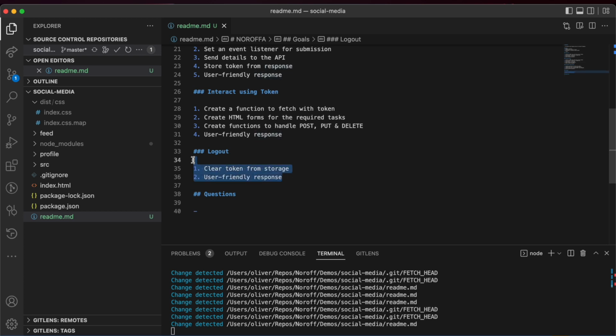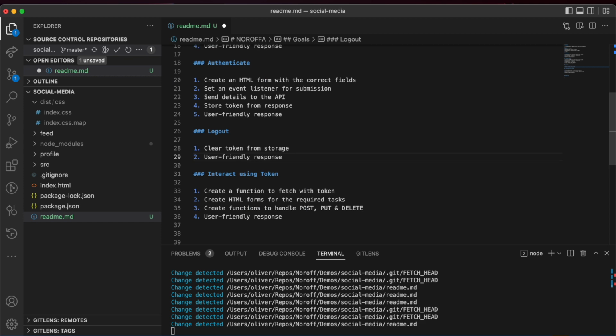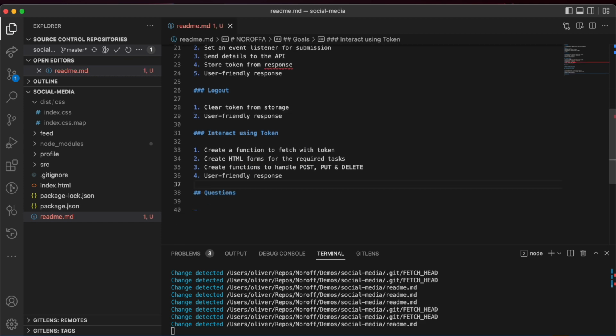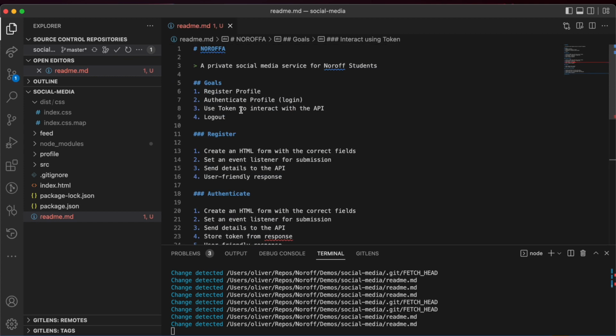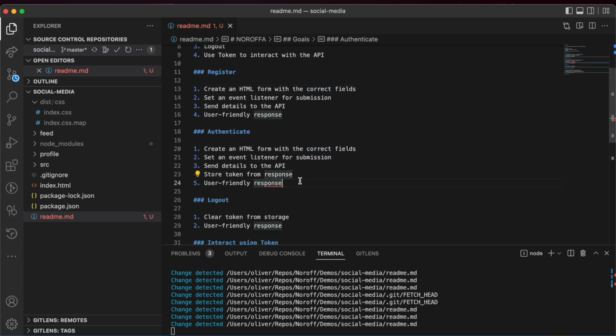Logout is very, very simple. In fact, I'm going to move logout up here because that one's very quick. So we can change this as well. Okay, so that's the order that we're going to tackle these